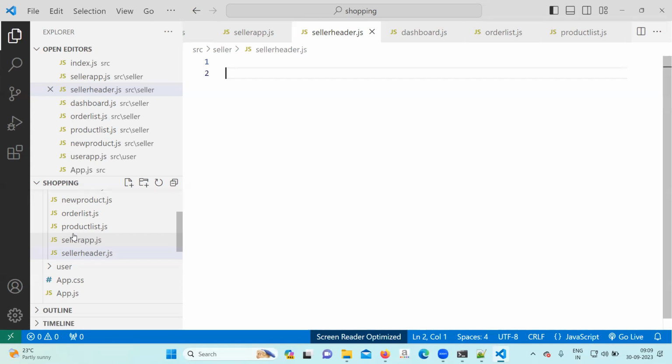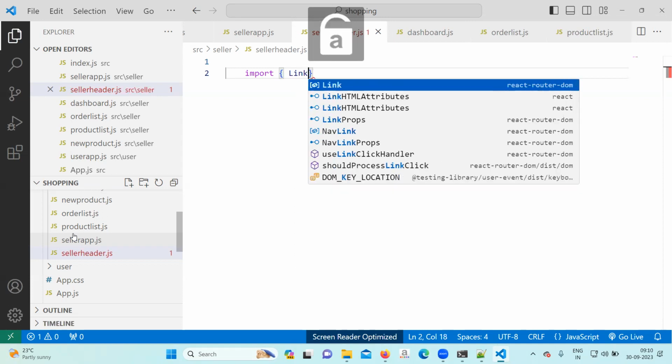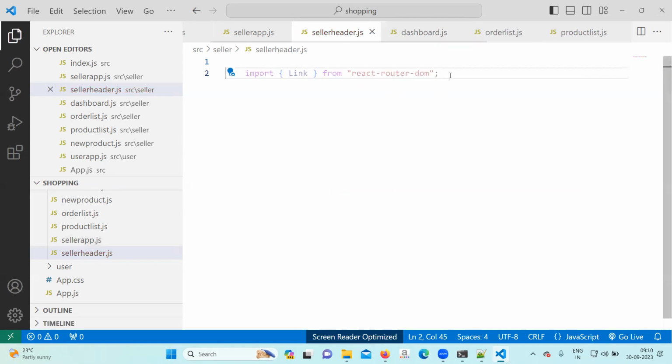Seller header created. Go inside. Import in that link from React router DOM. Okay. Import link from React router DOM.